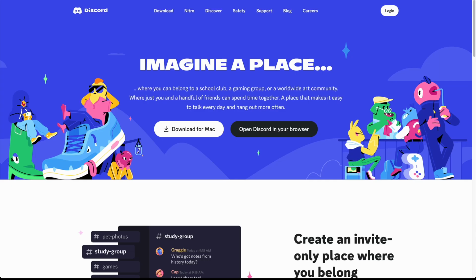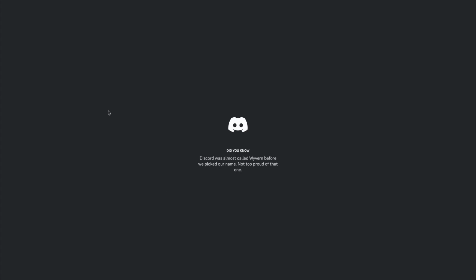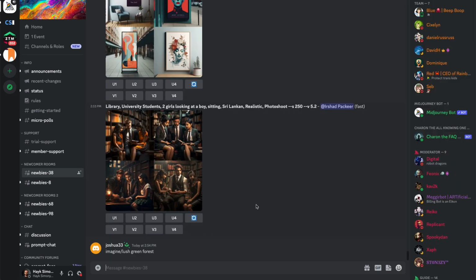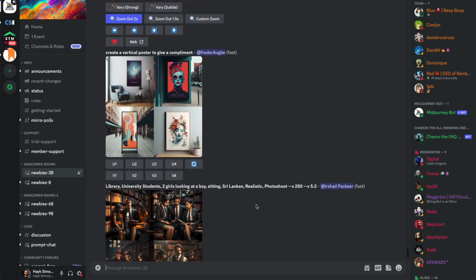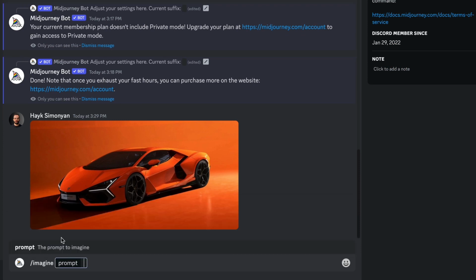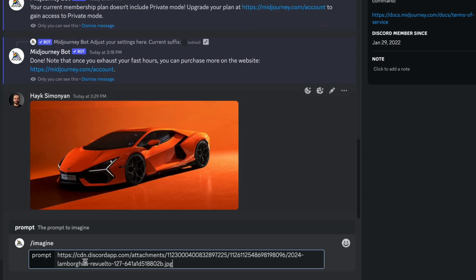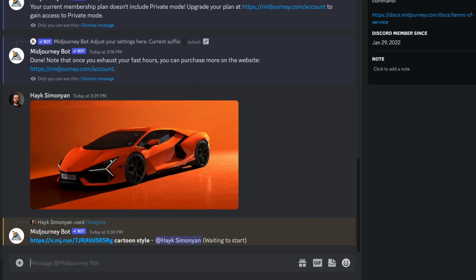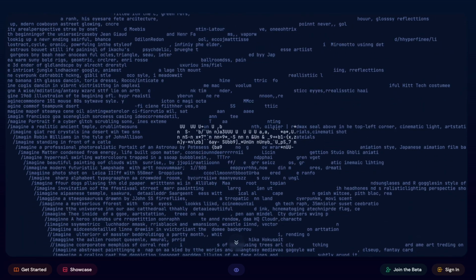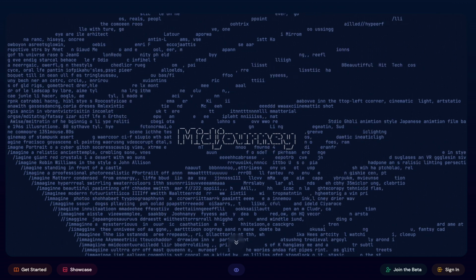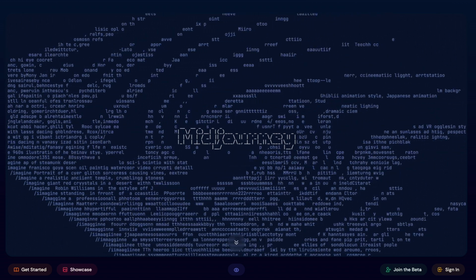In case you've never heard of Discord before, I'll give you a brief introduction to that too, because Midjourney can only be used inside Discord. We'll also generate our first images, and then we'll dive deeper into structuring and optimizing our prompts to get better results. This is the official website of Midjourney, but this isn't the actual interface or a tool that you can